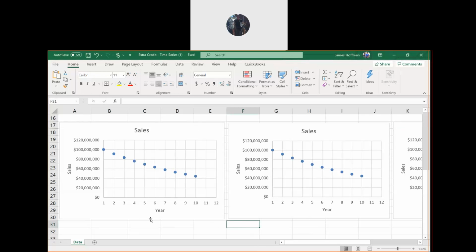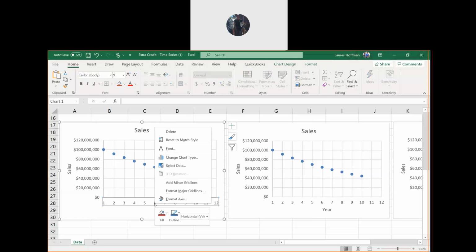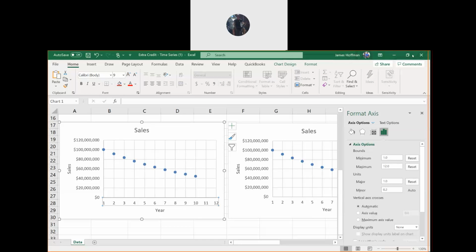All right, so we have a question of the formatting. So let me do this part again, because to do the formatting, you got to click on the x-axis here, all right, the horizontal axis, and then right-click it, and then go to Format Axes. All right, and if you're able to get here, you want to change the minimum to 1, the maximum to 12, and under units, you want to change the major units to 1. So change those options, and then it should label it 1, 2, 3, 4, all the way to 12, just like you see on mine.